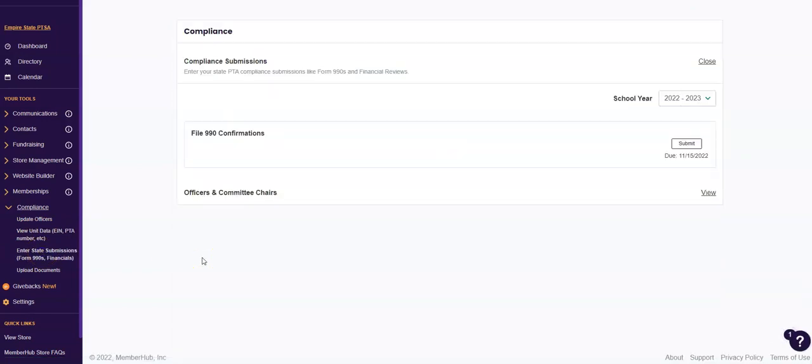And this is where you can file a confirmation to let us know when you have completed your 990 filing with the IRS. So this is not where you file the 990. This is just where you tell us that you filed. And it's really not to tell us, it's to tell your future officers when it was done. So they can make sure it's done each year, and it'll create a historical record for your unit